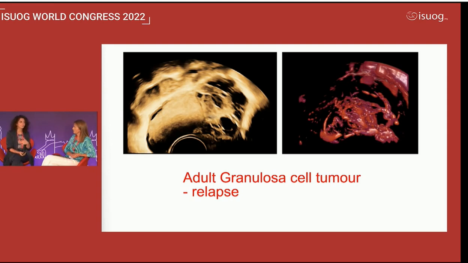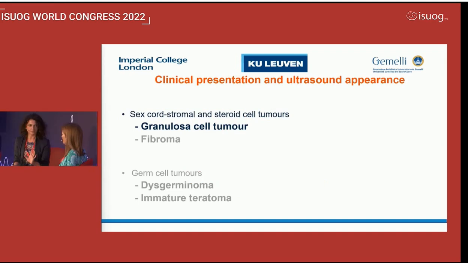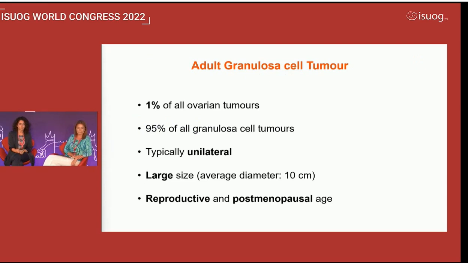The importance also of a long follow-up, even if in this case, unfortunately, the relapse was quite soon, because the first diagnosis was 3 years before. So, if we want to look at all the ultrasound and clinical features, starting from the granulosa cell tumor, in order to make a sort of summary, according to the textbook, adult granulosa cell tumors represent 1% of all ovarian tumors. They're typically unilateral, large size,